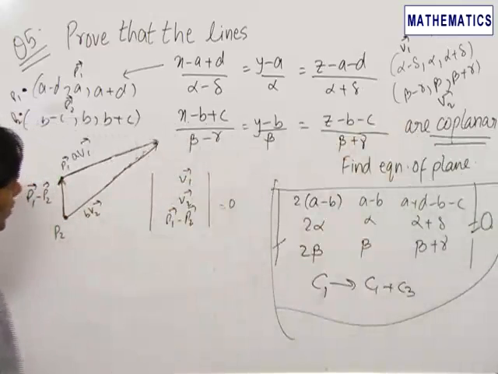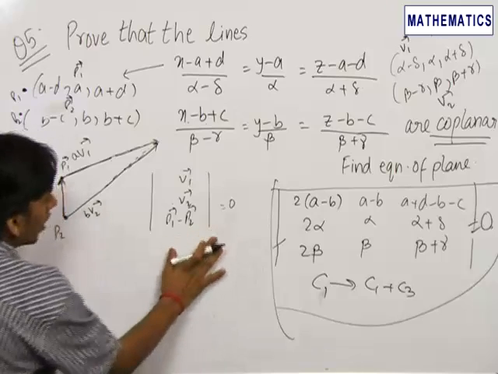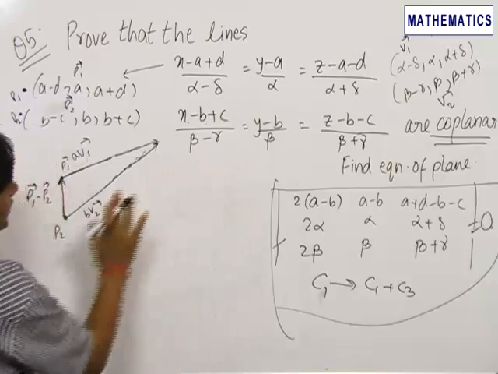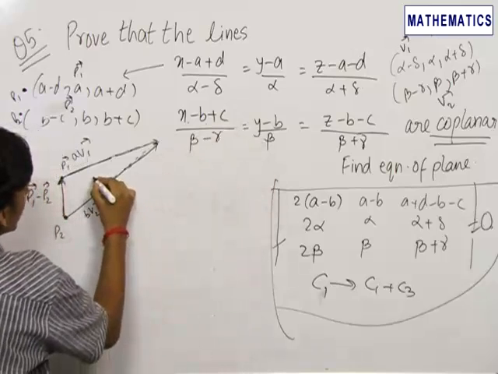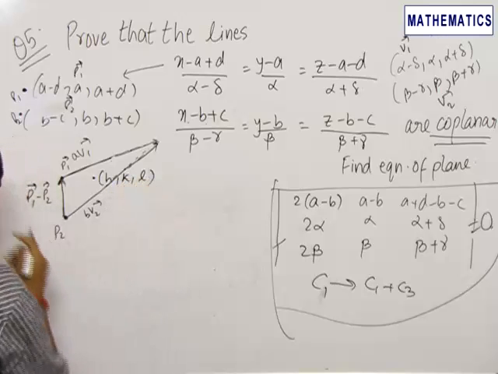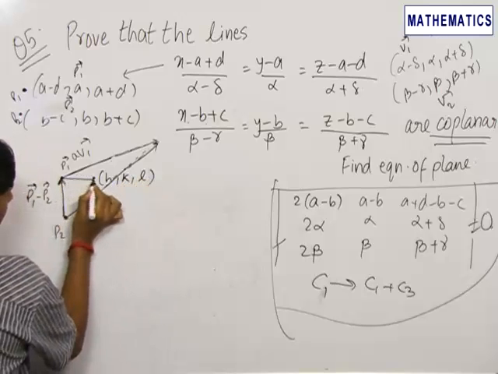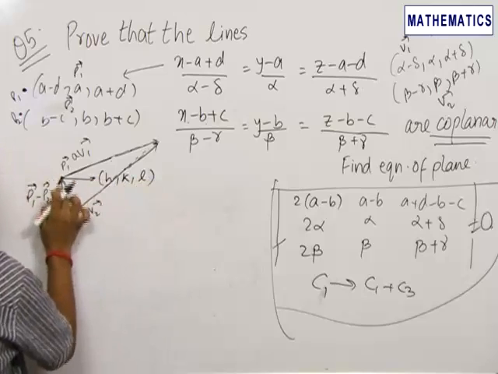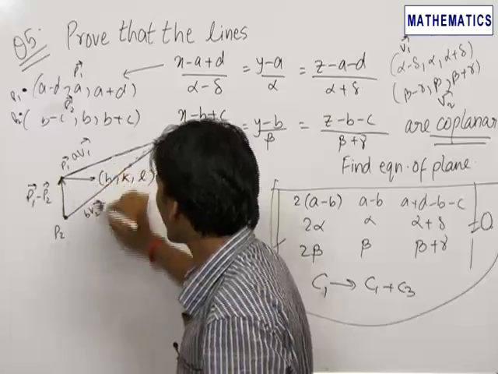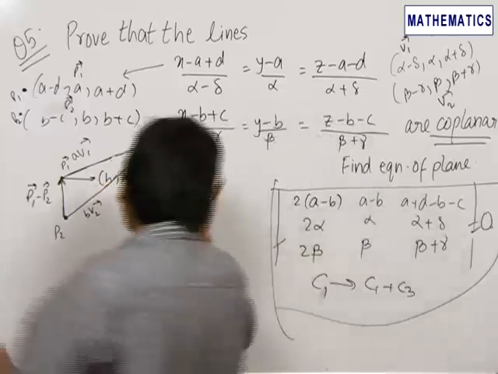Now we need to find out the equation of the plane. Therefore we need to find out the locus of the point which moves such that it is lying on this plane. So any point h, k, l lying on this plane, the vector joining this point to any of these points P1 and P2, this vector and the P1 vector and P2 vector will be lying in the same plane. Therefore we can write